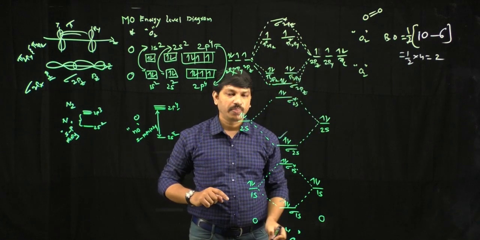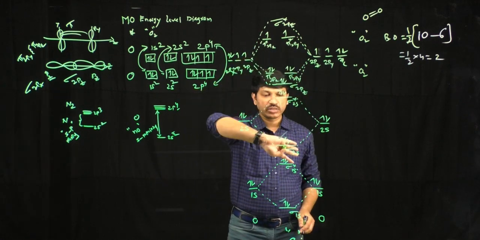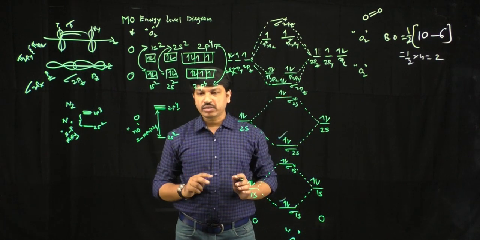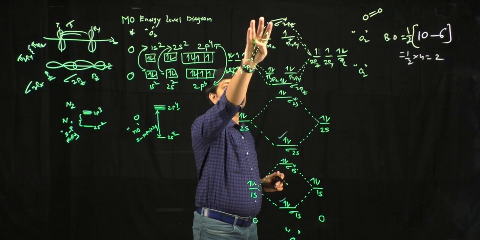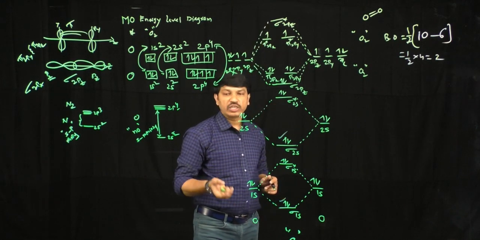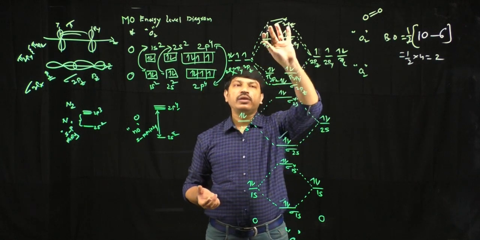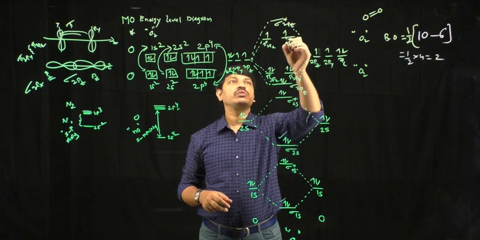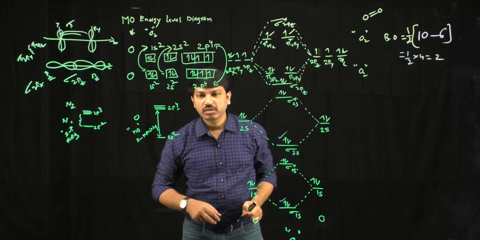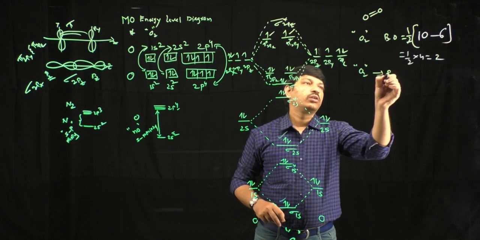If this molecule contains any unpaired electrons in these molecular orbitals, then it is paramagnetic in nature. If it doesn't contain any unpaired electrons, all are paired electrons, then it is diamagnetic in nature. But in this case, we have 2 unpaired electrons. So that means the O2 molecule is